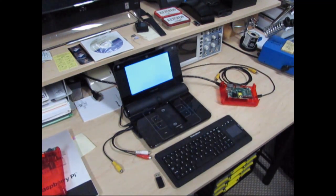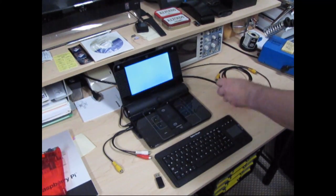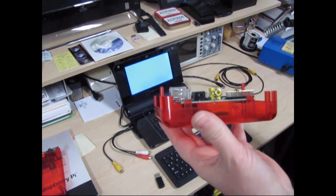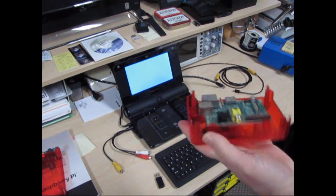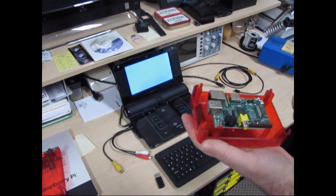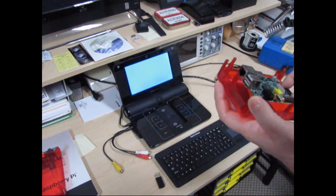Okay, now we've got the Raspbian image on our SD card, so let's go ahead and get started. I've got the Raspberry Pi, actually put it in the case because there could be conductive stuff such as blobs of solder on this desk, so I don't want to lay this board right on the desk and get it shorted out on something. So I'm going to go and slide the SD card in here